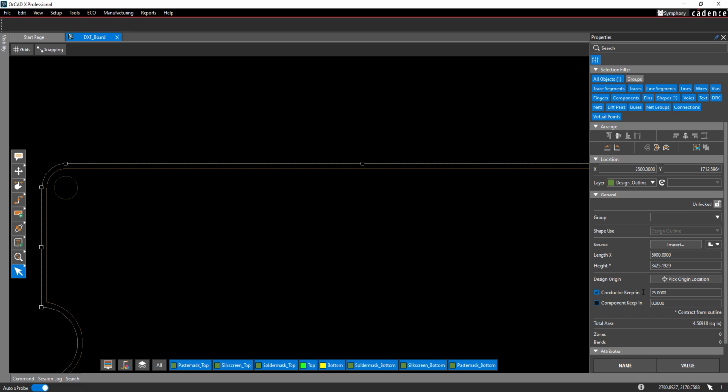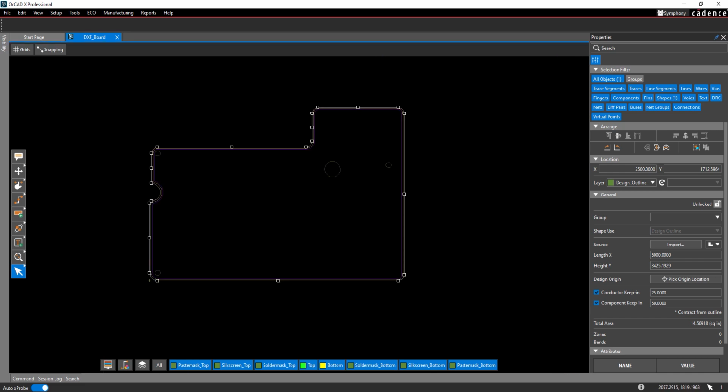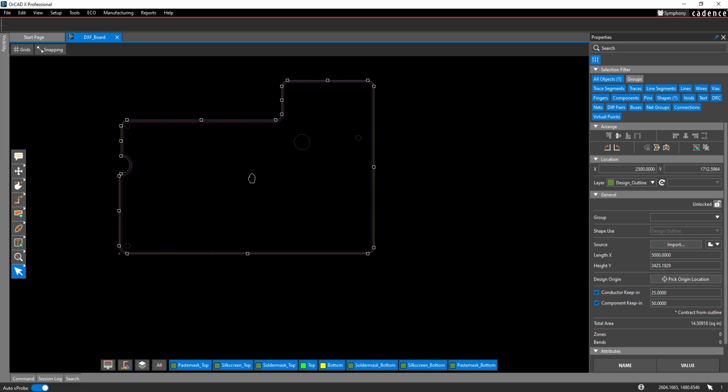Let's add a component keepin. Check the option for component keepin and enter 50 for the value to draw the keepin 50 mils from the edge of the board. The board outline has been successfully imported and prepared. Quickly create a board outline from a DXF file to accurately define the size, shape, and features of the PCB